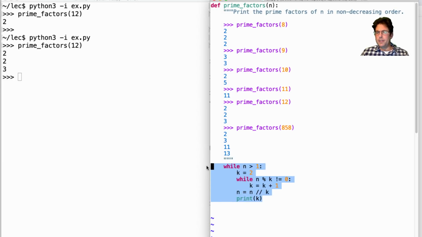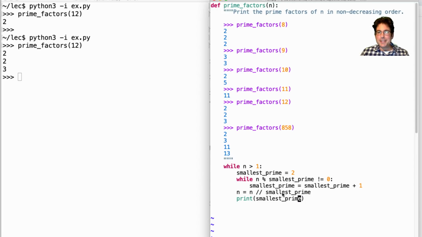And I would say, this is not bad. This is a reasonable way of solving it. But there's enough going on here that I would think we'd need to rename k to the smallest prime or something like that, because it's pretty hard to just glance at the code and see what k is doing here. So now things have gotten a little bit more complicated because I had to change this name. Code still works, but now it's still kind of hard to read. Smallest prime is not 2 at the beginning. It's eventually going to be that this name is bound to the smallest prime, but it's not at the beginning,